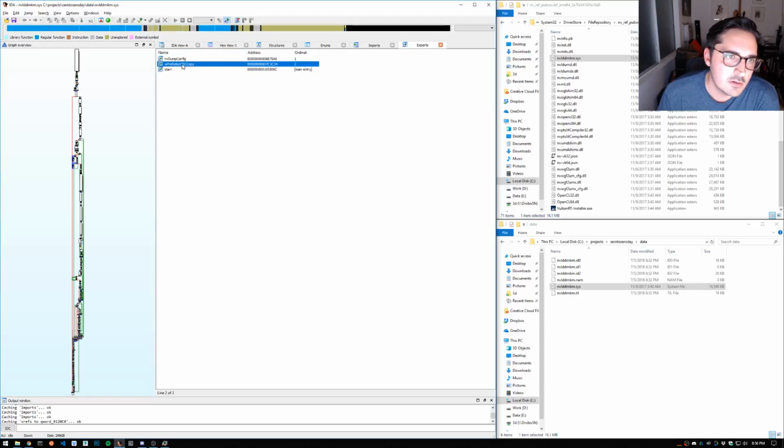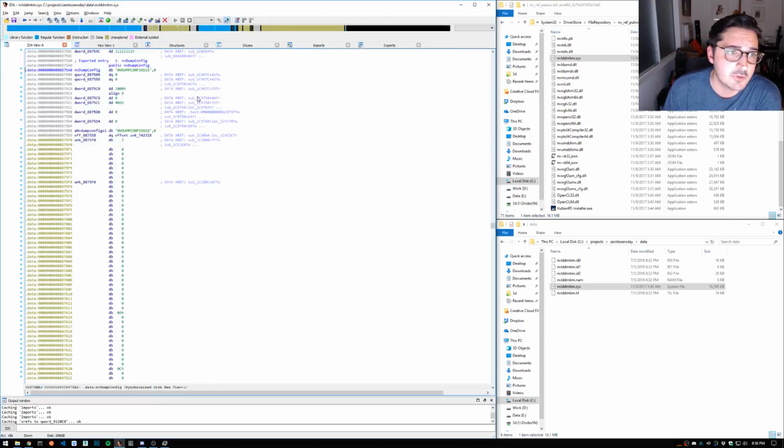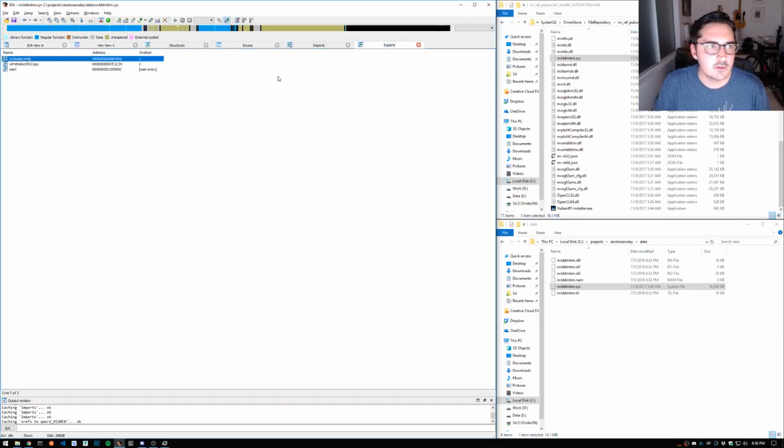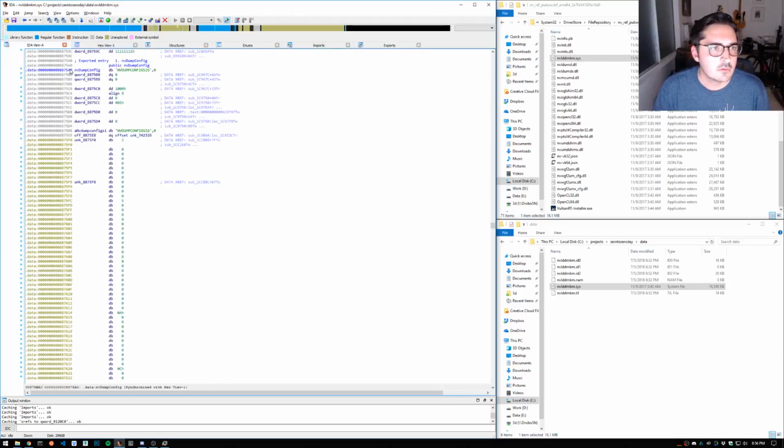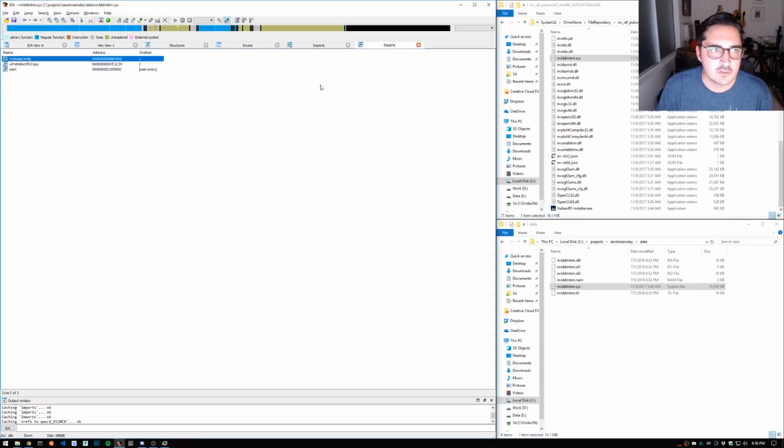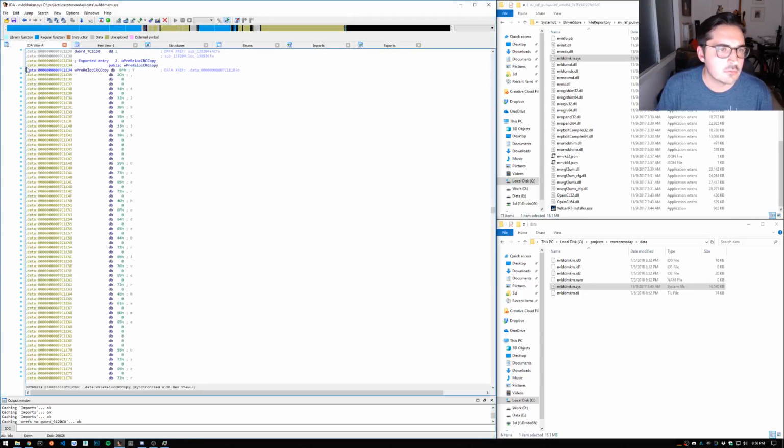An export in a driver can mean maybe another driver calls it, or maybe some callback needs this exported. Here's dump config. That could be kind of interesting, although maybe that's not necessarily an exported function. I don't know what that is. This looks like